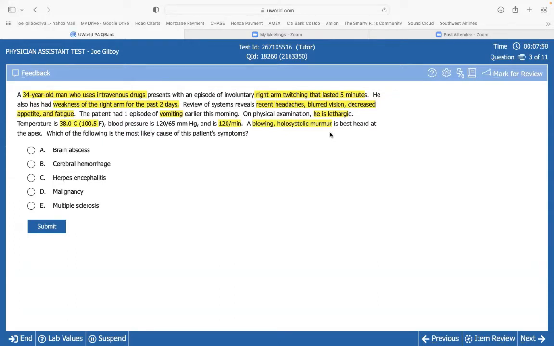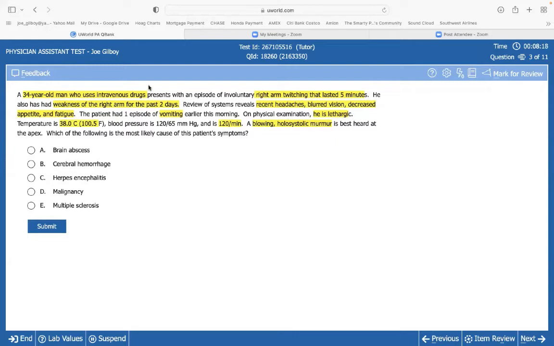So he's 34. He's an IV drug abuser, right? And I always tell everybody, where do your IV drug abusers live? They live on Staph Island. What are they shoving through the skin? Staph. As soon as you say IV drug abuser, Staph Island. Where does he live? Staph. What's his dog's name? Staph. What kind of car does he like to drive? A Staph. Got it? Made my point clear?